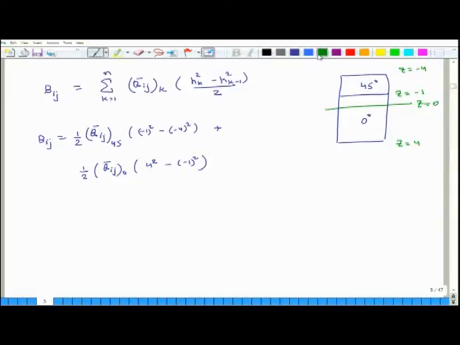Okay. So, this becomes 1 minus 16, minus 15, right,